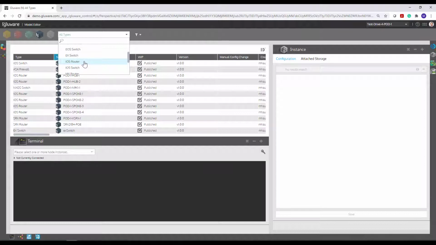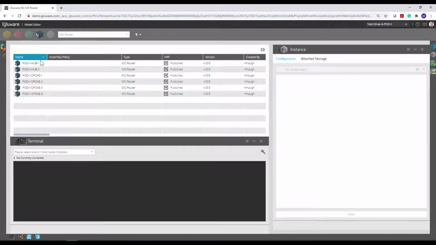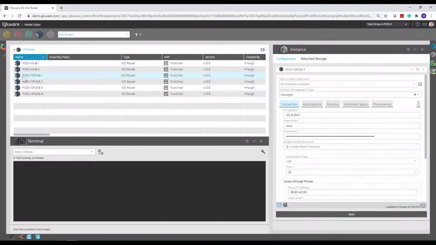So I can filter on iOS-based devices, and it limits my view here, filters my view of my devices. Then I click on spoke 1. I just click on it one time here. I can select it. And then in the lower window here, if you don't see the terminal window open, if